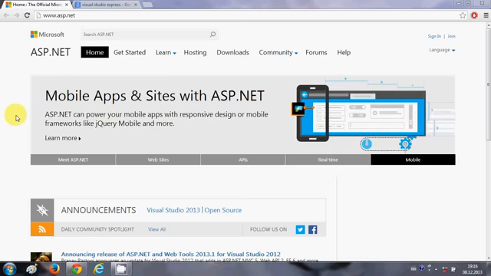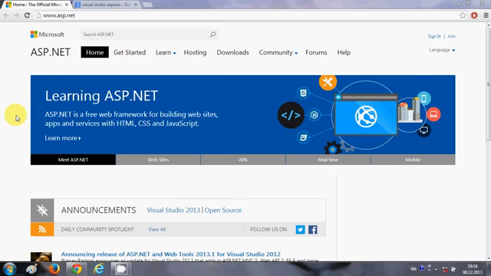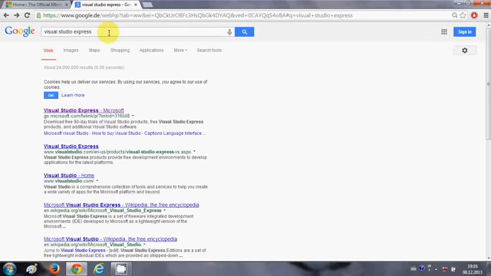Now for developing ASP.NET you definitely want a tool on which you can develop your ASP.NET framework or application. So we use Visual Studio for developing our C# or .NET based application, which is also from Microsoft. And Visual Studio in itself is an expensive IDE. IDE stands for Integrated Development Environment, but they also provide the free version of Visual Studio with the name of